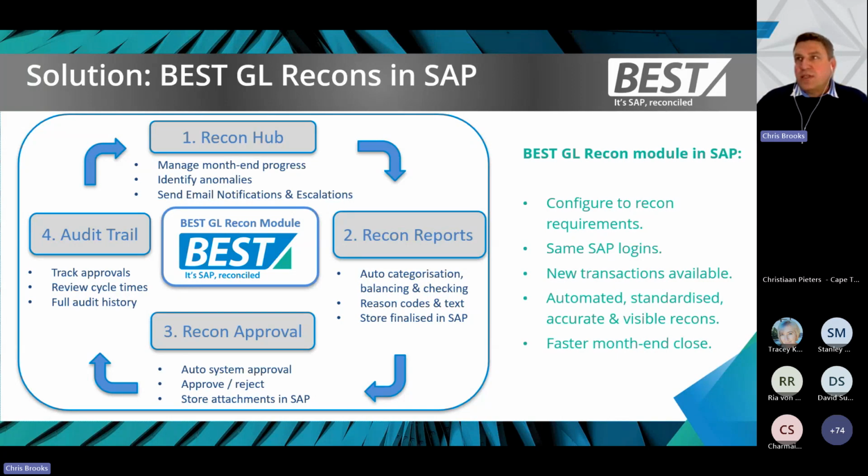Okay, so just moving on to the recon report itself. This is obviously an important component of it. This is where you actually can perform the reconciliation inside of SAP, and we can set what that level is. We can have multiple accounts combined into one. We can do it at a profit center or segment level. But essentially, it's going to pull all the information that you require, and it has a ton of information in this report. As an SAP user, I love it because it's combining customer, vendor, bank, fixed assets, header, line item information all in one, and I can pick and choose exactly what I want to see.